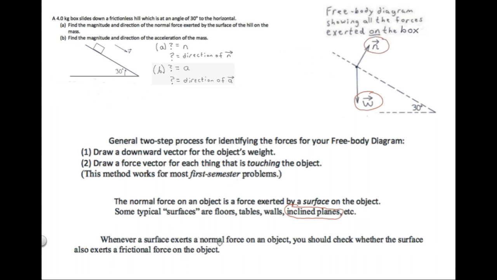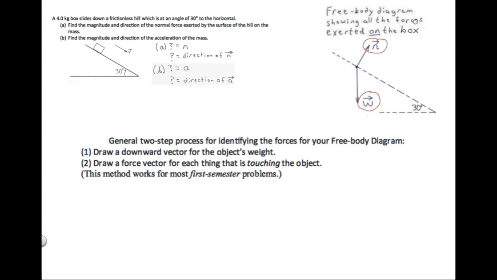Whenever a surface exerts a normal force, you should automatically check whether the surface also exerts a frictional force. But we know that there's no friction from this surface because the problem told us the hill is frictionless. Are there any other forces on the box? Well, ask yourself, is there anything else that is touching the box besides the hill? No, nothing else is touching the box, so there are no other forces to include in the free body diagram